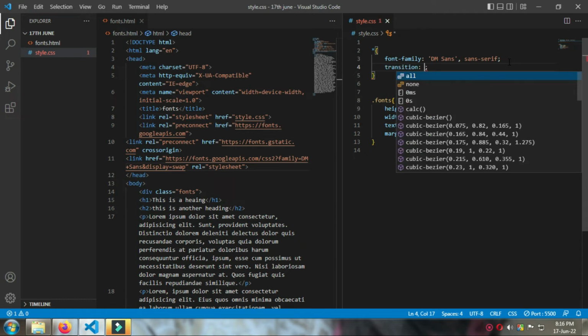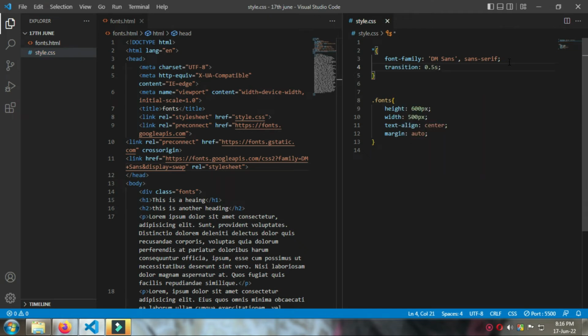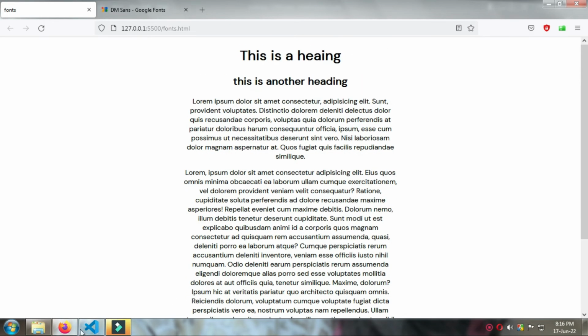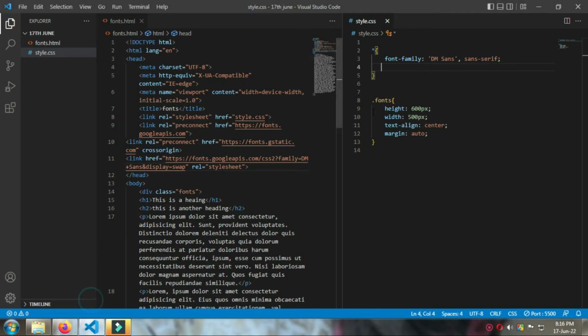If you give a transition of 0.5 seconds, this 0.5 second will be applied to every element on the site. As we have used the font family in the universal selector, every text has got the same font style. So if you don't want the same font in the whole website,